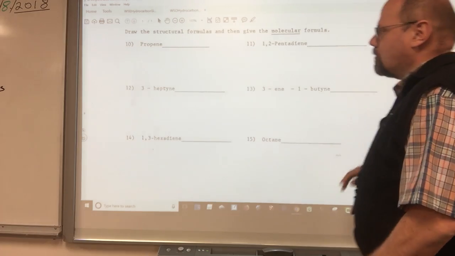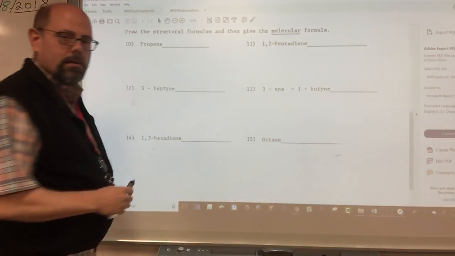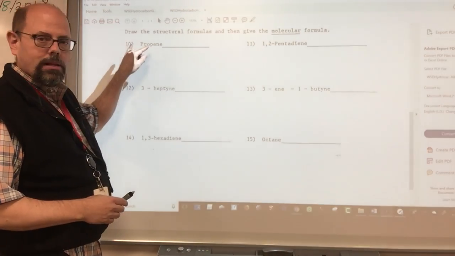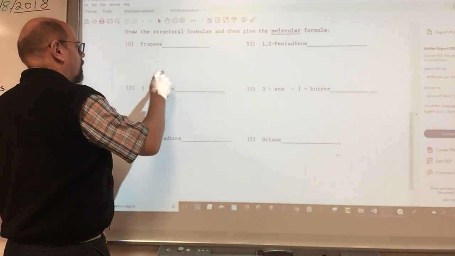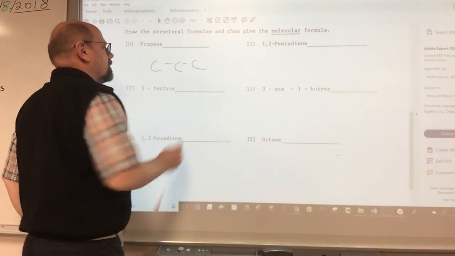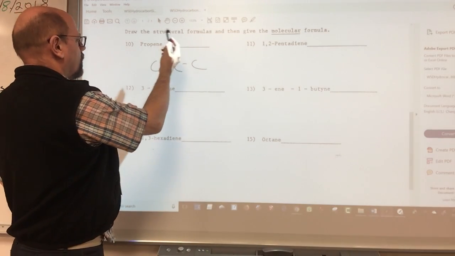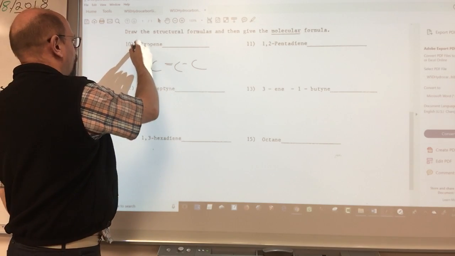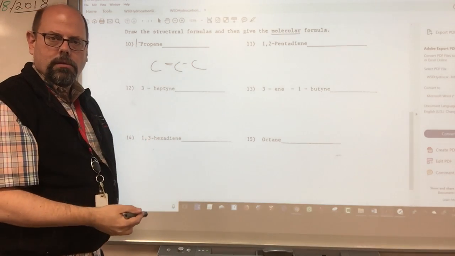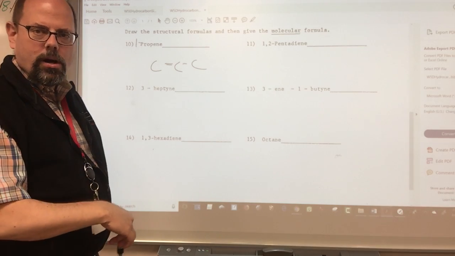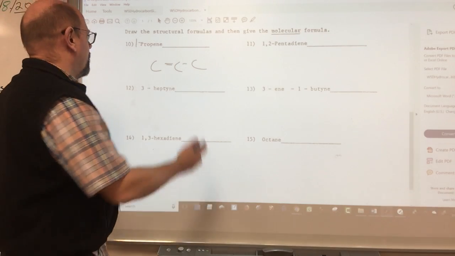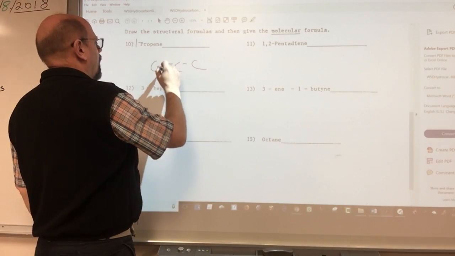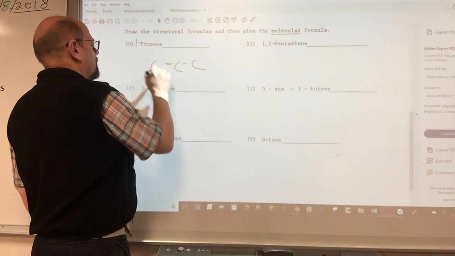Let's take a look at these last ones. Propene. Look at the starting word here. That's going to tell you how many carbons are in that. So 1, 2, 3 for 3 carbons. And it's got a double bond, so it's got to be here. Now, you could put it on the other side again. It's not 1 in front, although it should be. If you did it every time, you'd get way less wrong than if you got messed up and didn't put your numbers in. And then what you got to do is count up how many sticks are coming off that